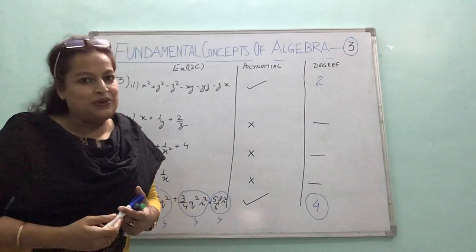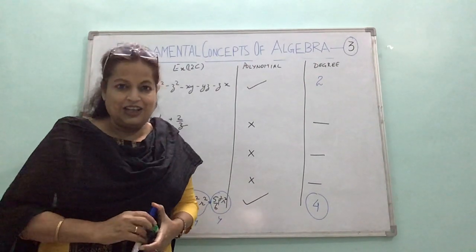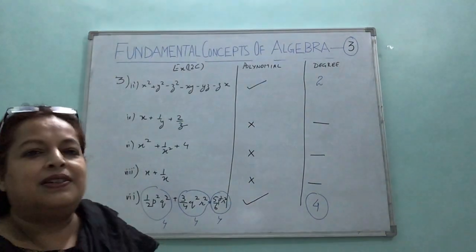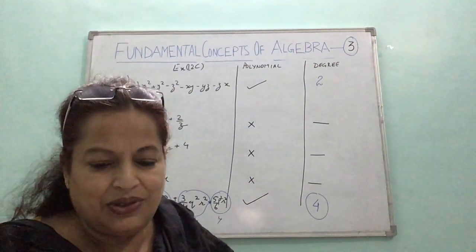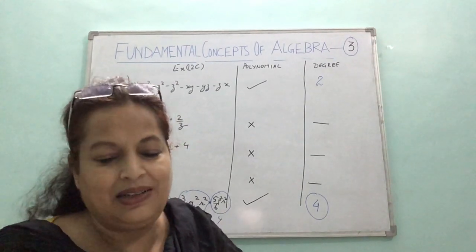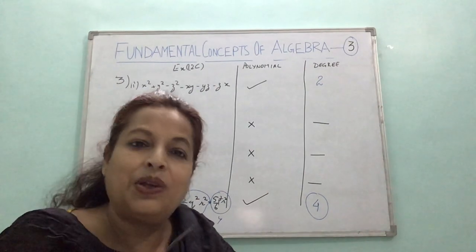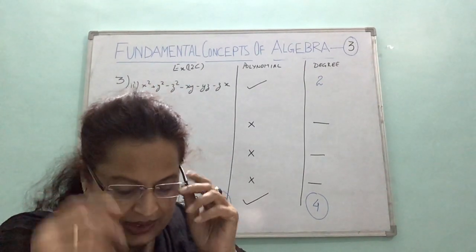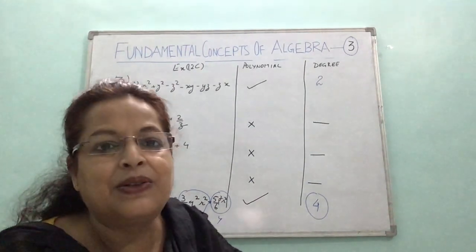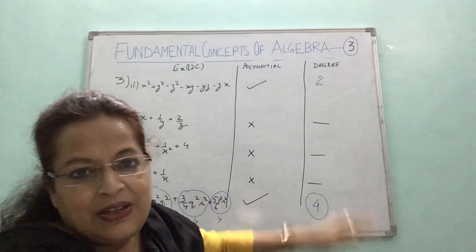So you will do question number 3, all the parts, in your classwork register, and the remaining you will practice, children, in your practice register. So don't leave the questions, because you are doing it to begin with, so you require to practice it, right? So all the questions of this exercise 12C. Question number 3, all the parts in your classwork register.